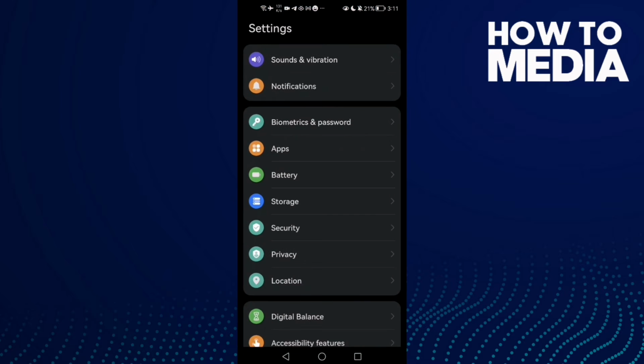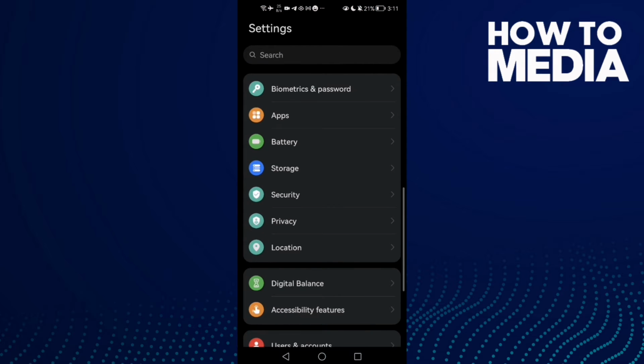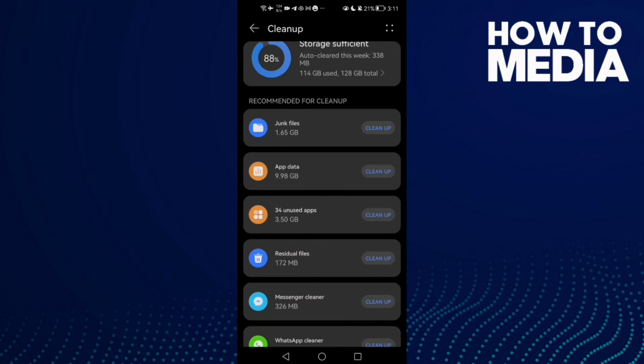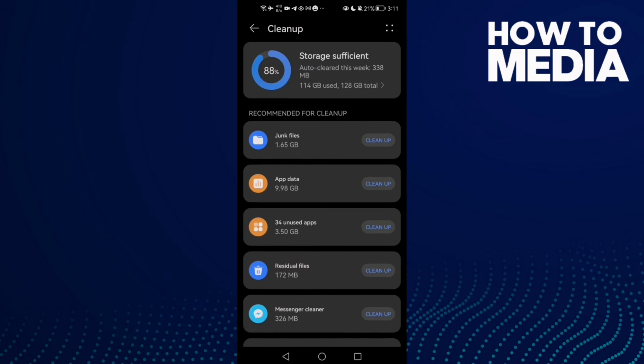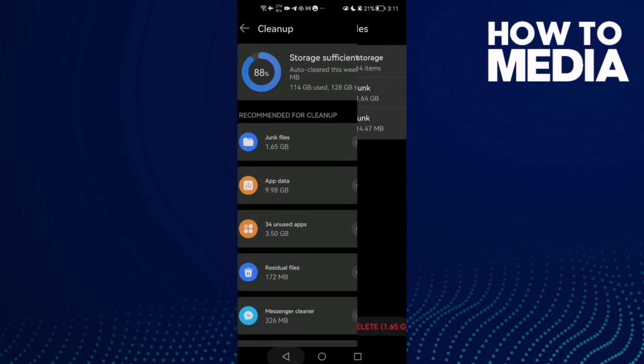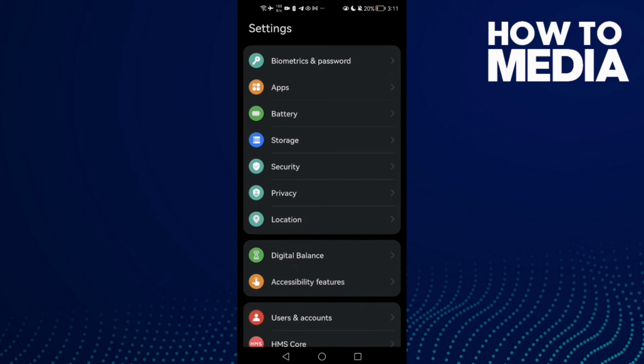First open settings and then scroll down until you find here storage, and then click clean up. Now just clean some space, and if you can't clean junk files or cache, just clean it, and then click gallery, and you can delete some photos and images to clean some space, and then go to settings and click